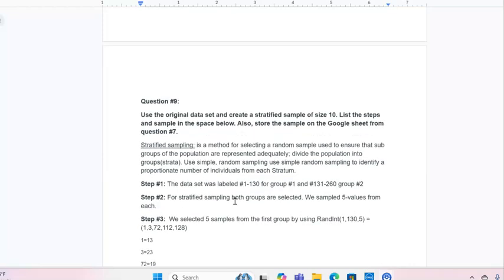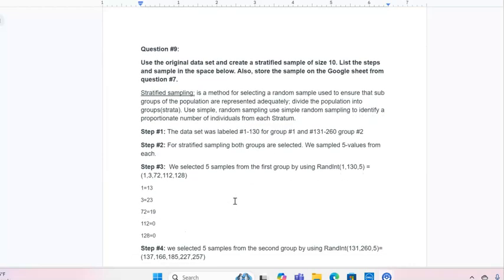Moving on to question number 9, we created a stratified sample with the same sample size, which is going to be 10. We used the Google Sheet again from question number 7. What this sample does is basically divide the population into 2 groups and then take samples from each group. For step number 1, we labeled the data set from 1 to 130 for the first group, and for the second group we did